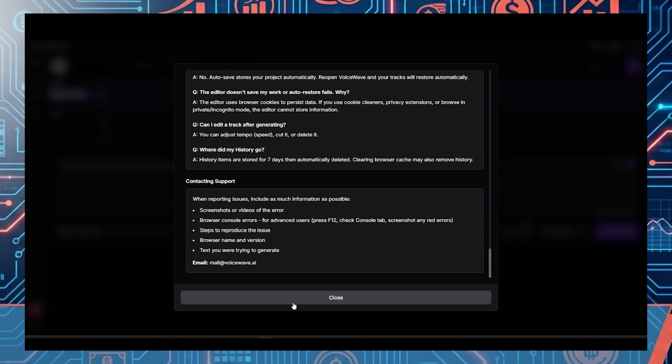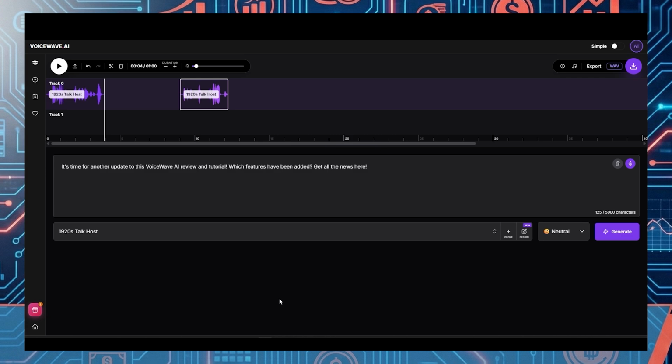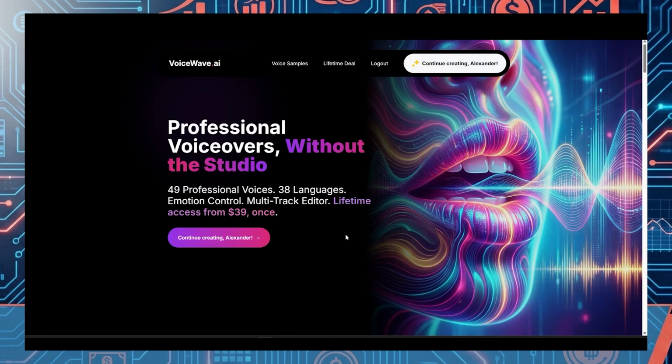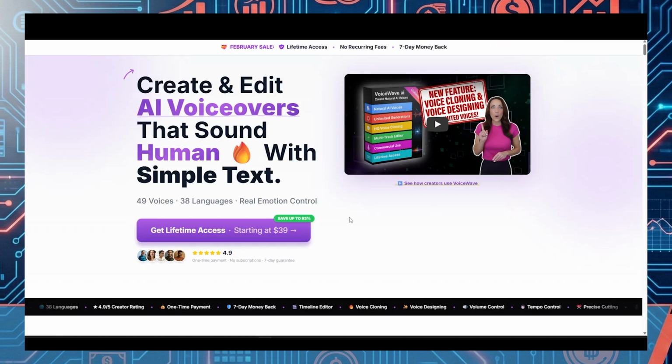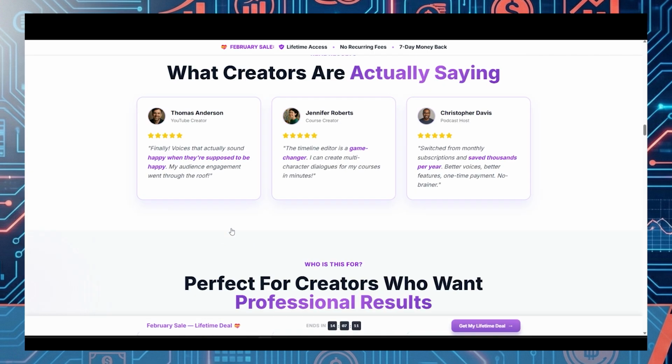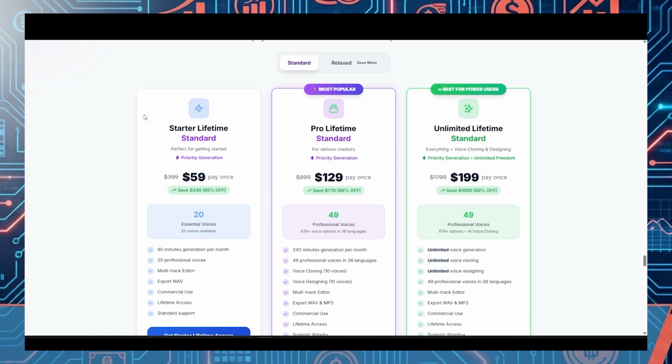I purchased the unlimited lifetime deal, but on the relaxed plan, instead of the standard plan. The only difference between standard and relaxed is explained as soon as you go to relaxed mode. Relaxed pricing is a little bit lower, and the reason it's a little bit lower is that during busy hours, your audio generations are placed in a secondary queue, which may result in them taking about 10% to 40% longer to generate. So it's only a little bit slower, and it's only during peak times when there are loads of